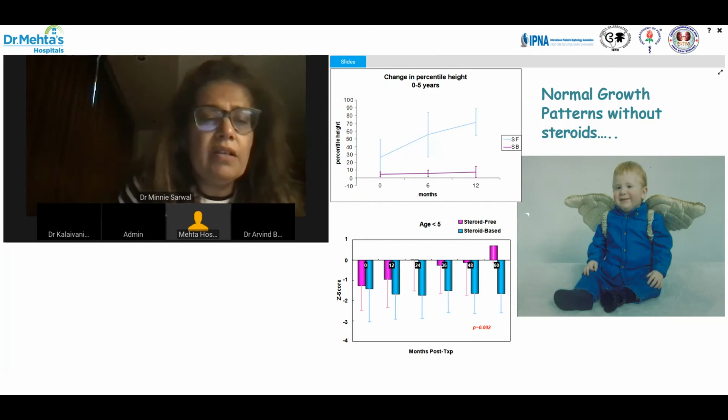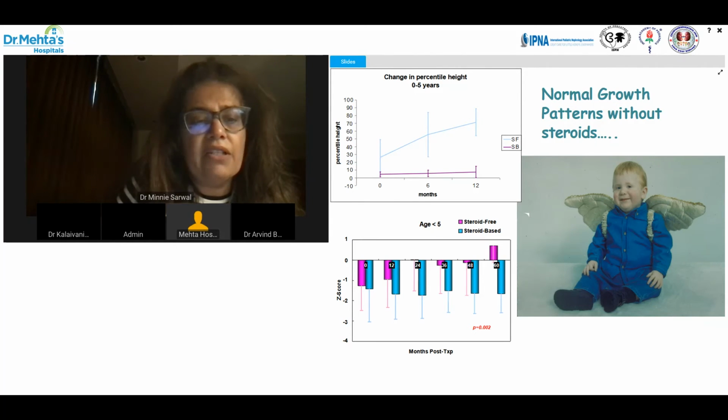The reason we designed the study was to show the big impact on growth. And you can see that in the steroid-free arm in the light blue, the change in percentile height, especially for the under 5-year-old, is substantive. And for the first time, we're allowing these children to show a gain. And you can see the Z-scores shown in the lower graph here on the y-axis with the months post-transplant. And you can see up at 5 years post-transplant in the pink and steroid-free, these children are